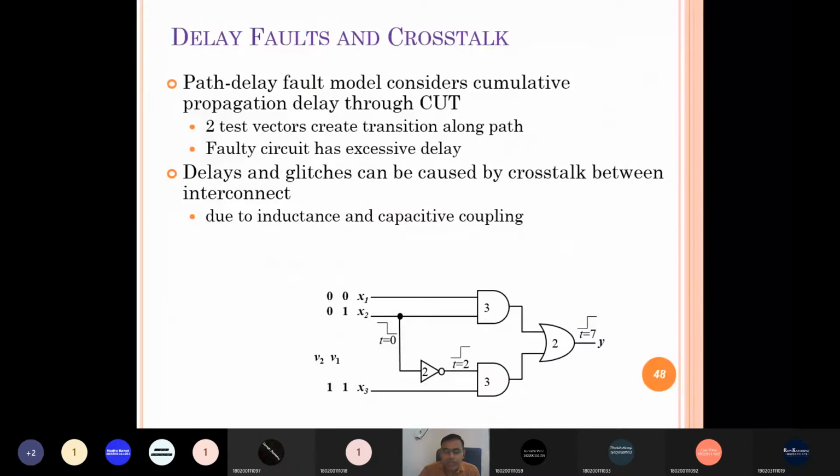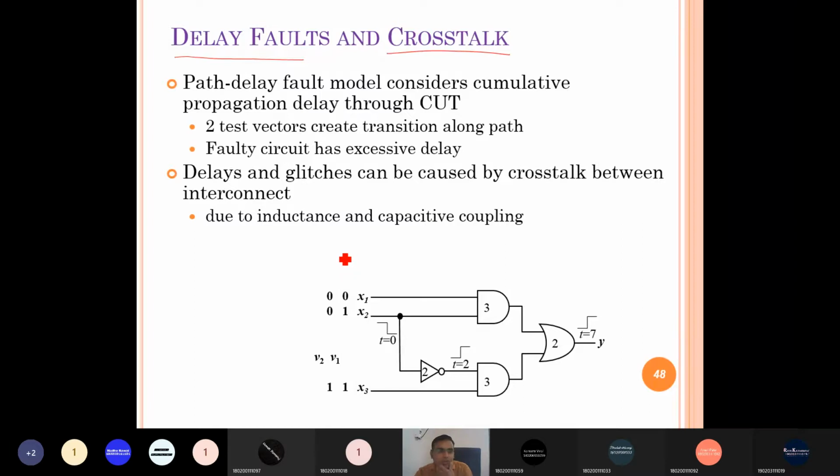The fourth types of fault are the delay fault and the crosstalk. A delay fault can be detected by passing the test patterns at a higher speed. Then we can detect whether the delay fault is present in the design or not.